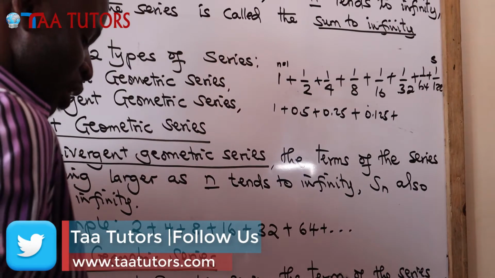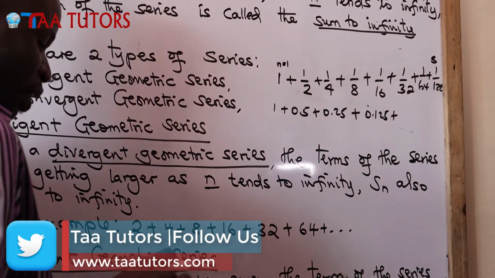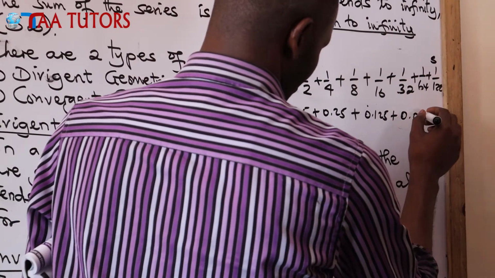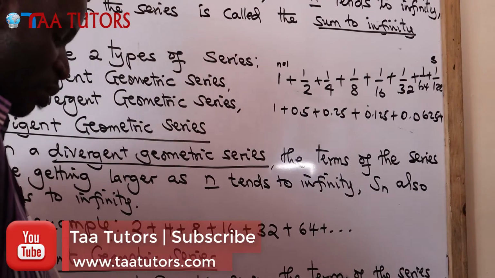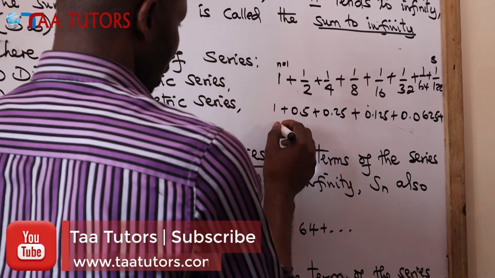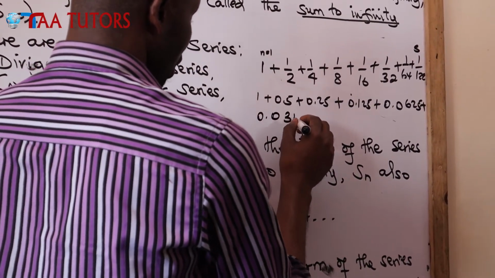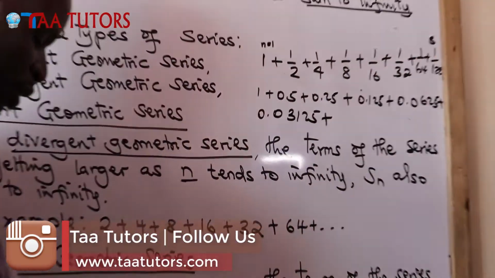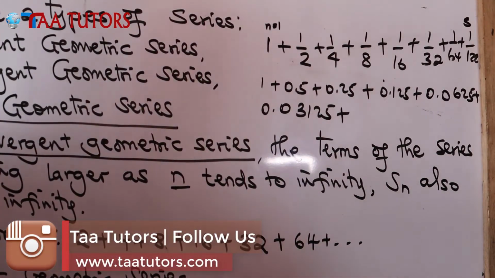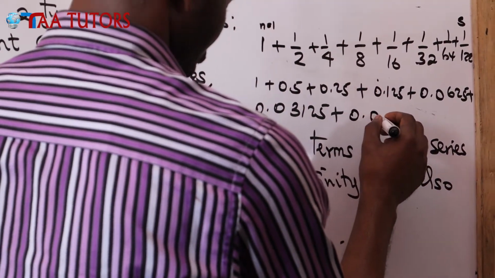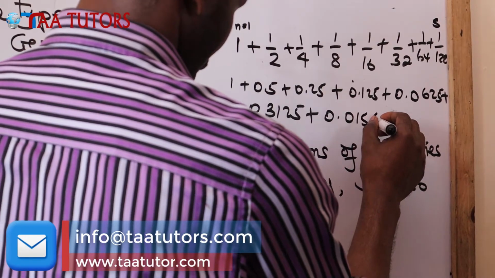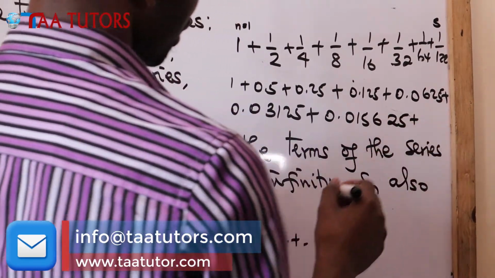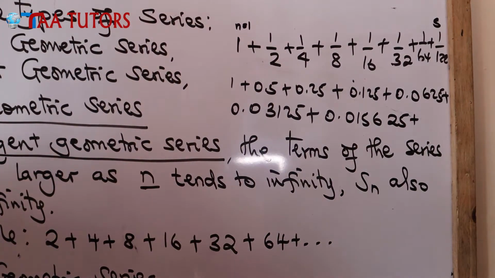1 divided by 16 is 0.0625, plus 1 over 32. 1 divided by 32 is 0.03125, plus 1 divided by 64 is going to be 0.015625, plus 1 divided by 128 is